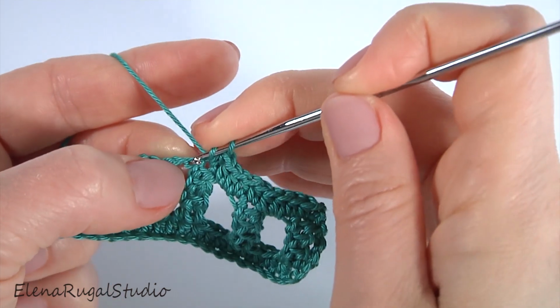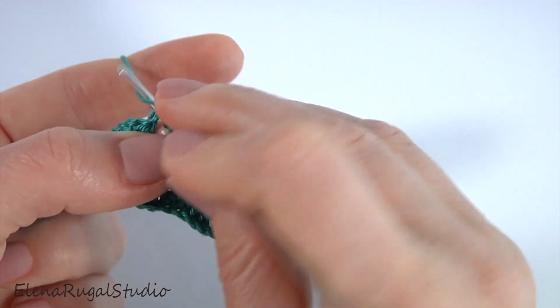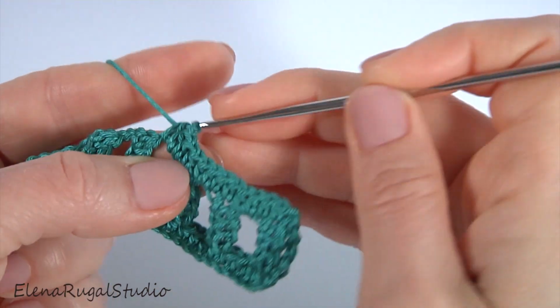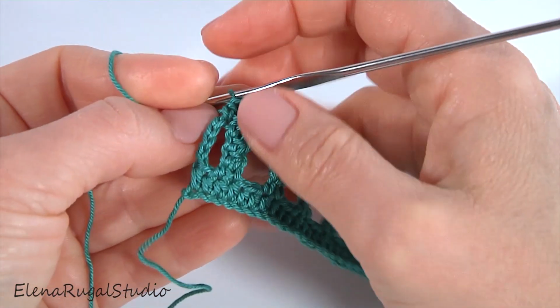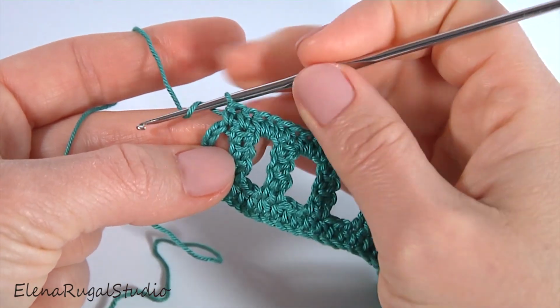1, 2, 3, and 4. Keep working in this way till the end of this row. Let's complete this row together. I insert the hook into the...